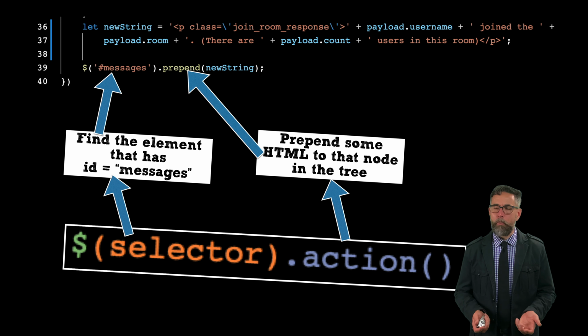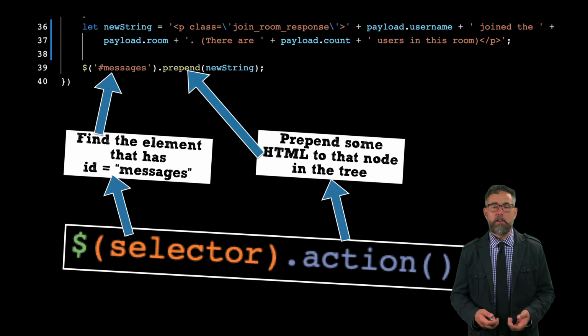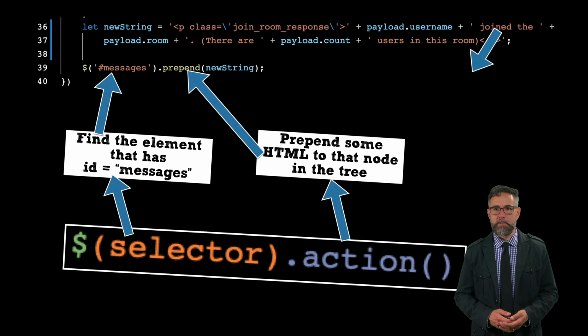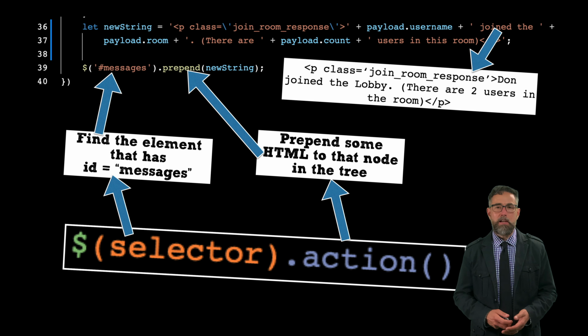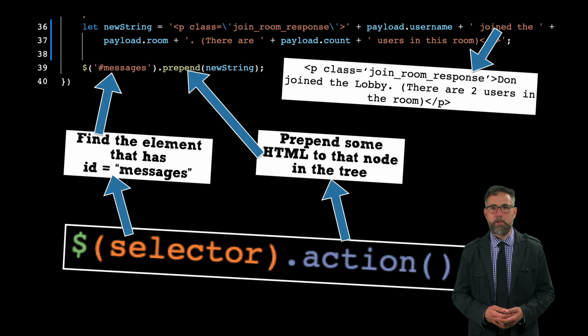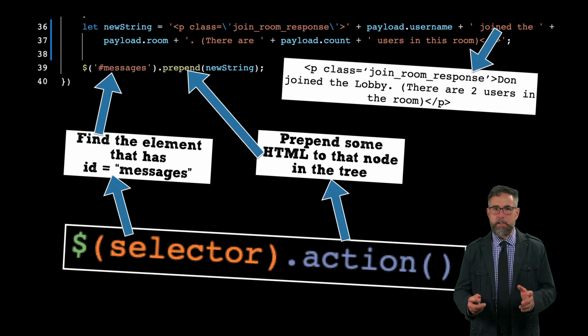What HTML are we actually going to prepend? Well, in line 36, we construct it from variables that we have available to us. What that string ends up constructing is something that looks like this: p class quote join room response class, Don, maybe, if that's what the username variable is set to, join the lobby, there are two, maybe, if that's what the payload count variable is set to, users in this room, close p tag. We're going to take that, store it in the variable new string,